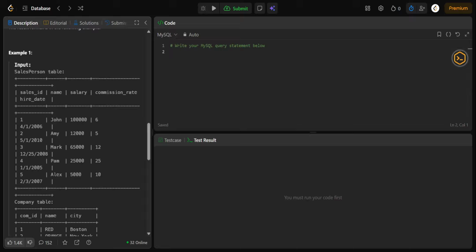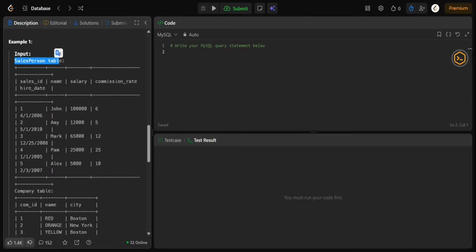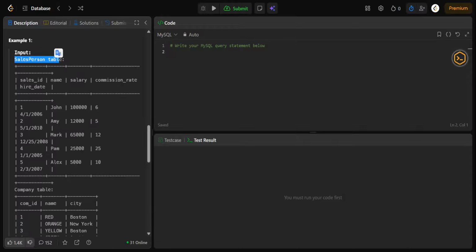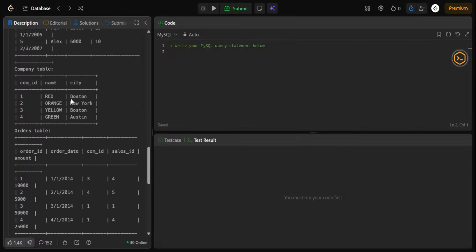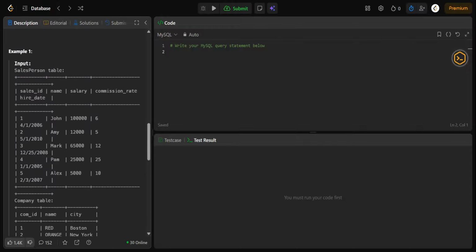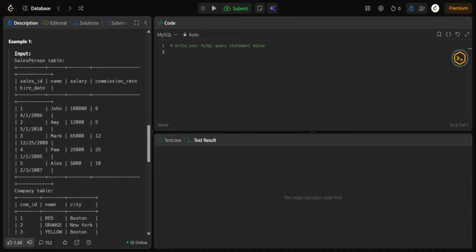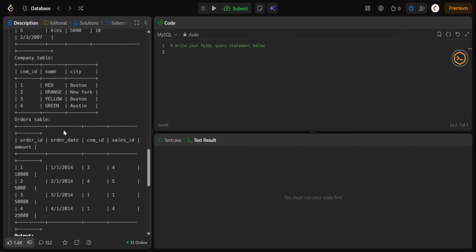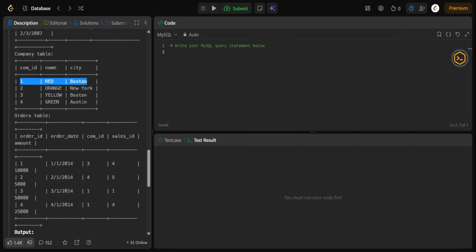Let's first check the company table. In the company table, the company named RED has company ID 1.